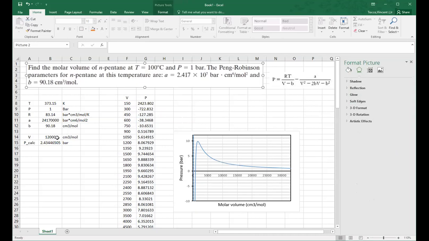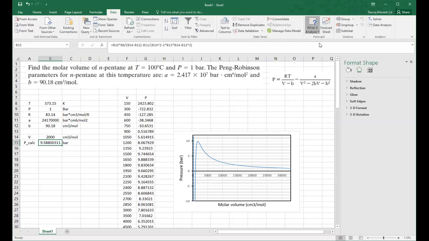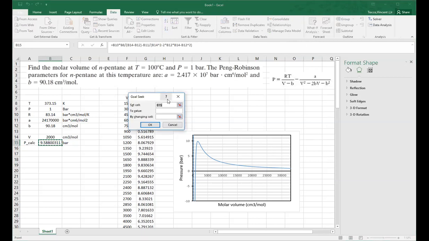GoalSeek is one of my favorites. Some other people may like Solver a little bit more. I'm going to show you both. So I'm going to go back to these cells where I was guessing and checking. And instead of guessing and checking my volumes, remember I could put whatever I want here, I'm going to GoalSeek by saying data, what if analysis, GoalSeek. So this is a way to iteratively solve